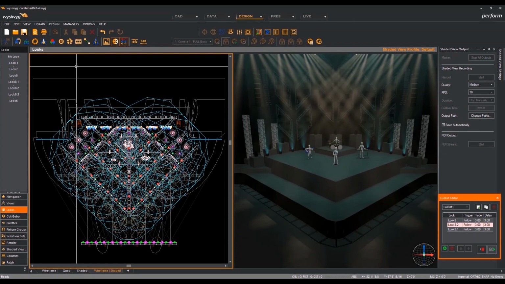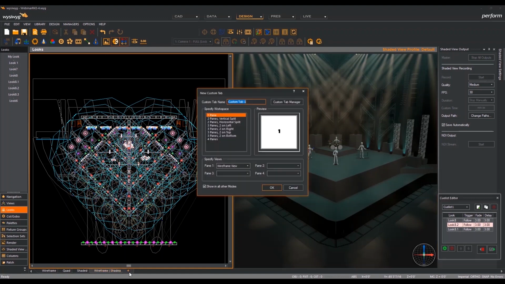So before we move on, why don't we go down to the plus tab, which appears in design mode now. And in this case, let's, from design mode, create another custom tab. I'll call it wireframe, spreadsheet, and